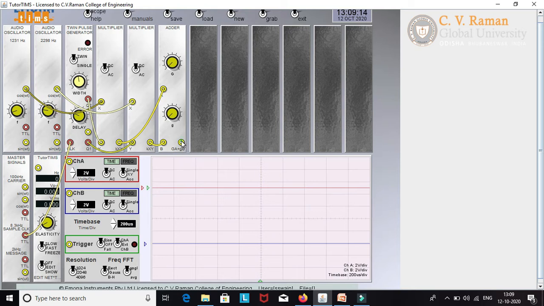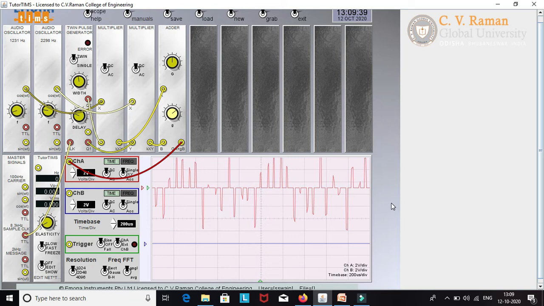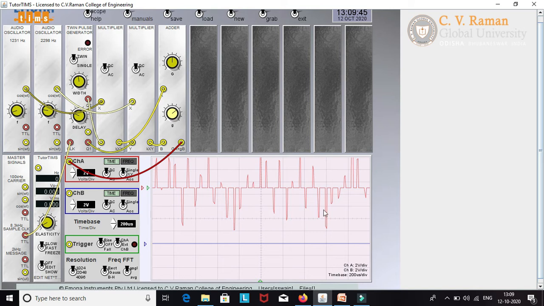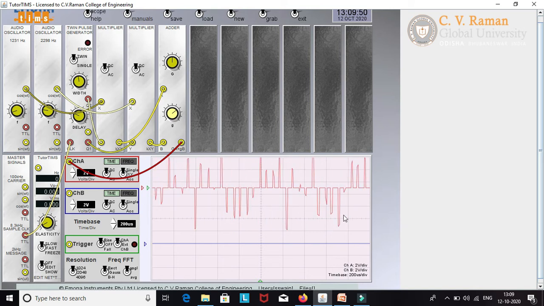Now we will check the adder output. This is basically your TDM signal. Now if you see, the signal is not coming. The reason is that the adder is provided with two amplifiers. So you can vary the gain of the amplifiers so that both the samples appear in the same signal, meaning you will get the TDM signal. Clear now? Now I am getting the TDM signal, which is the addition of the two sample signals. Clear now? So this is the TDM signal, and one thing you can observe here is that there is no overlapping between the samples.